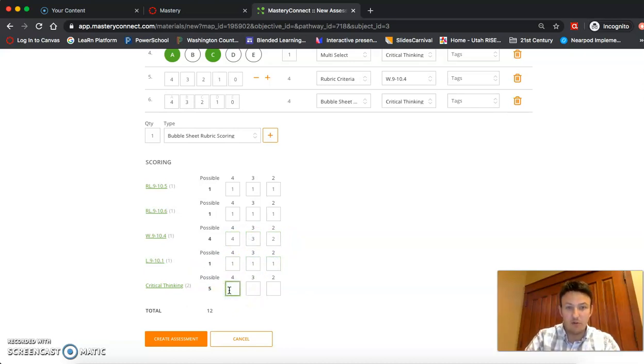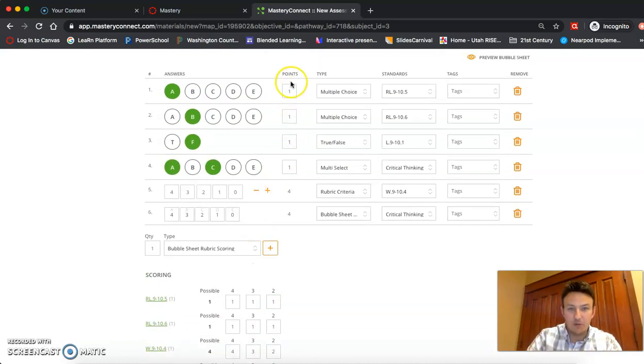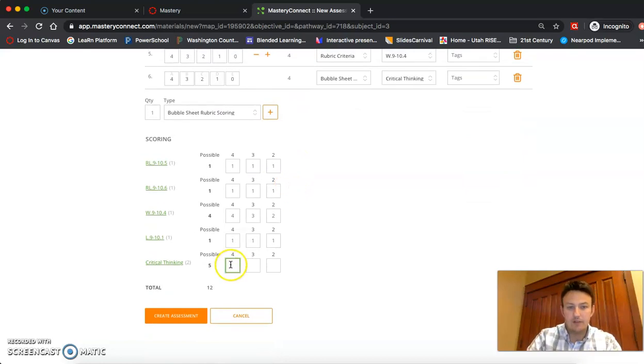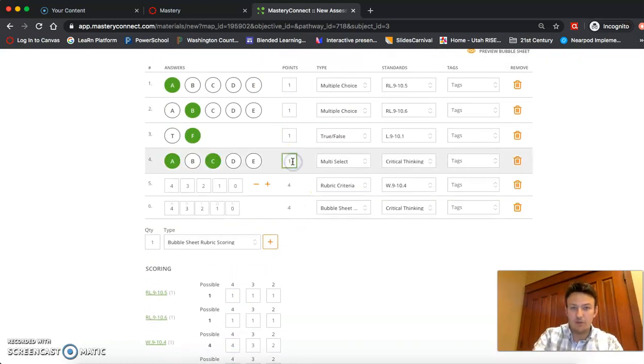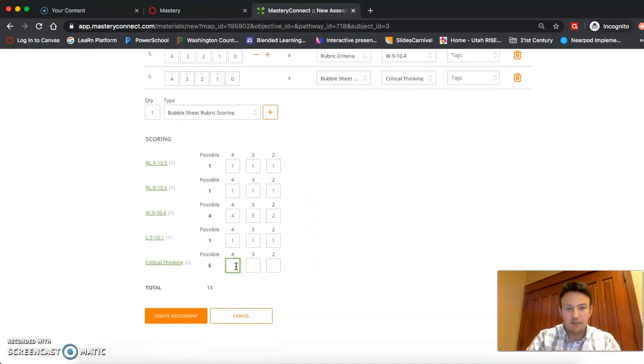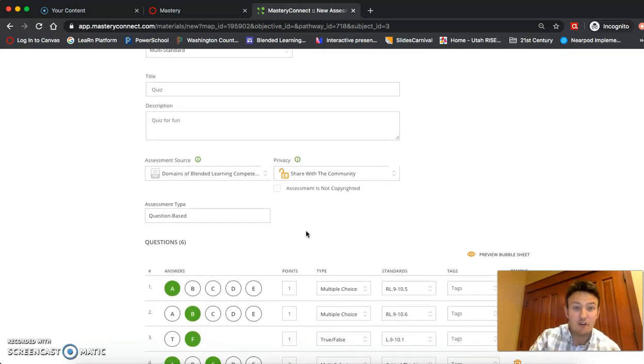5 points available here. And I can change the points available by question here if I'd rather. So I'm actually going to make this 6 points available here for this one, as there's 2 parts of it, if you will. So then we're going to say 6 is mastery. We're going to say maybe 4 is proficient. And we're going to say 3 is approaching. That's totally up to you based on the assessment type of questions. So now I've created this